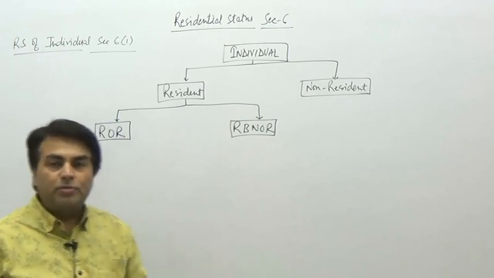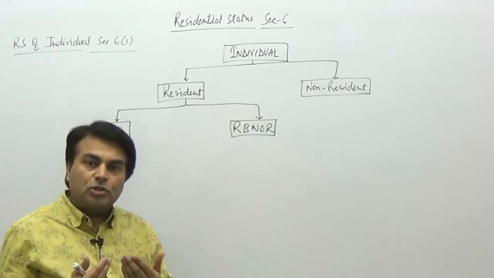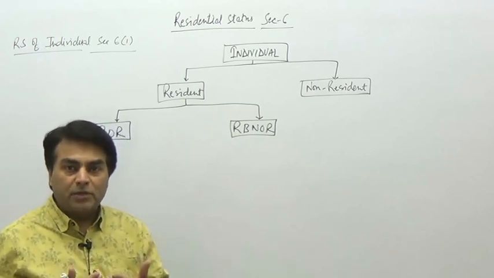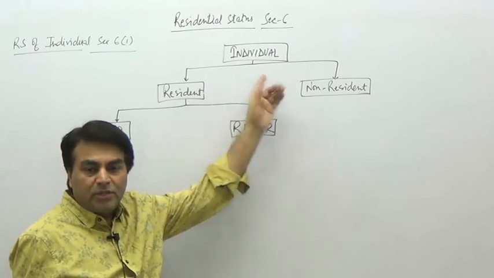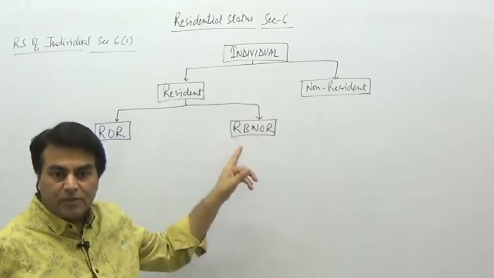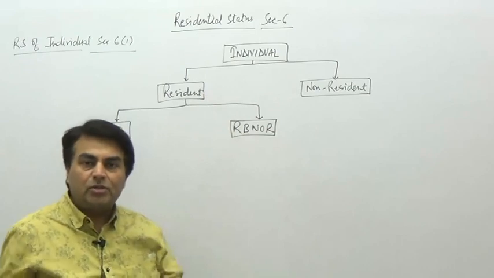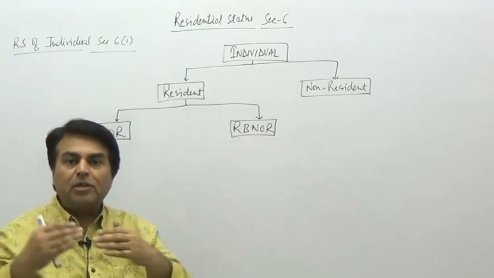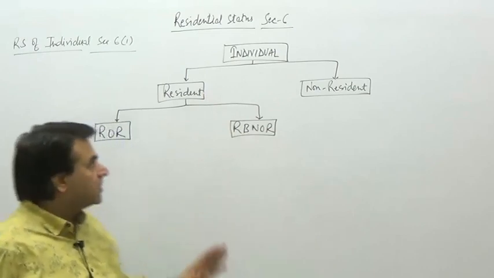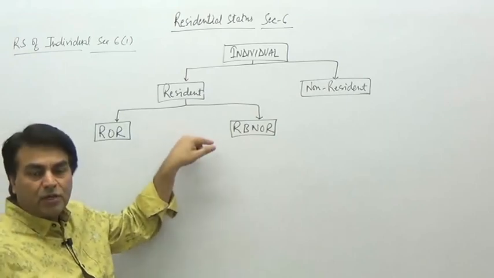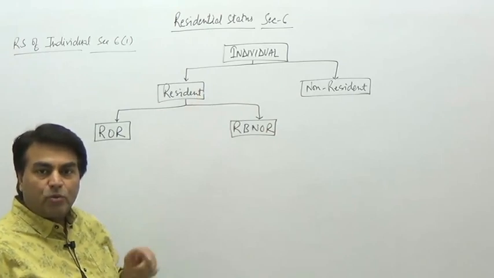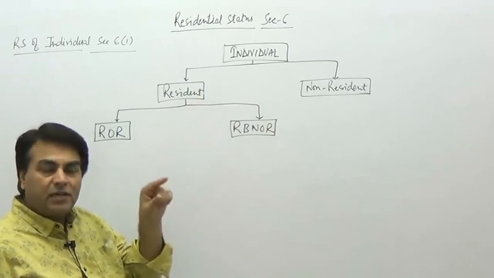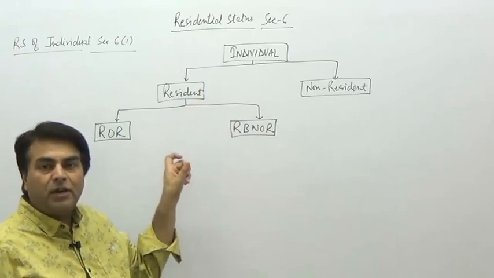Now we would come to the question of how to determine that he is a resident or a non-resident. Okay, now please see through this kind of diagram, you can see that there are two levels for working out the RS of an individual. At the first level you would work out whether he is a resident or a non-resident. Okay, the second level would apply only when at the first level he comes to be a resident.